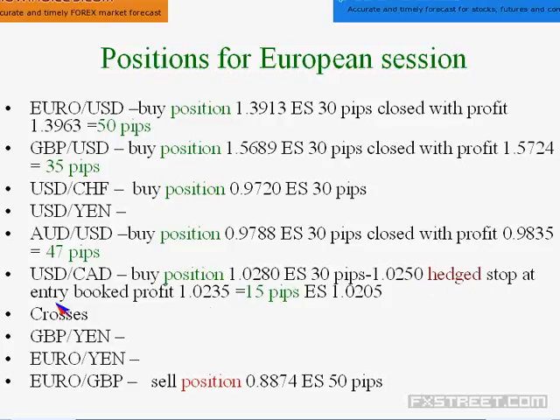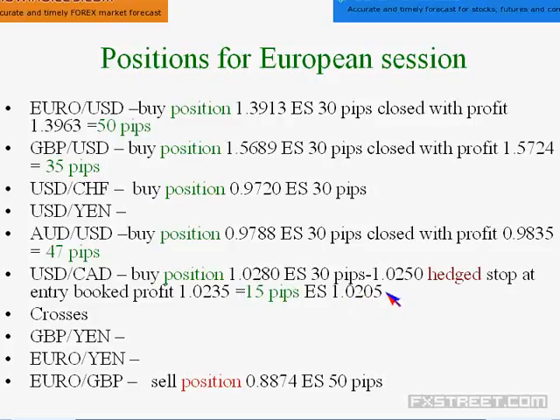Then subsequently, Canadian dollar cut the low also. 1.0237 was the initial low, and that was breached, and it came down to 1.0226, and then started coming up above 1.0235. There it was closed. The hedging was closed with 15 pips profit, and another new entry stop is being placed at 1.0205, and now